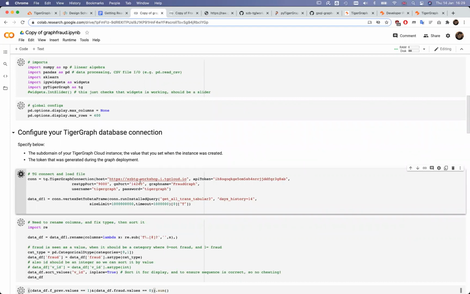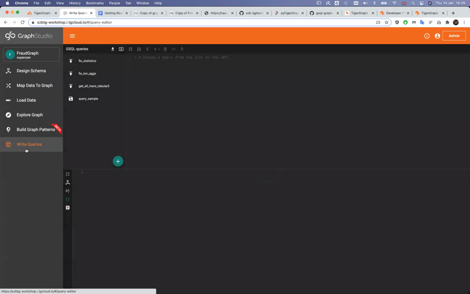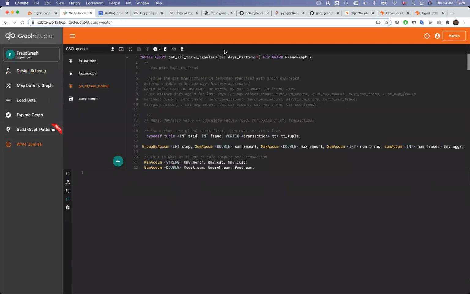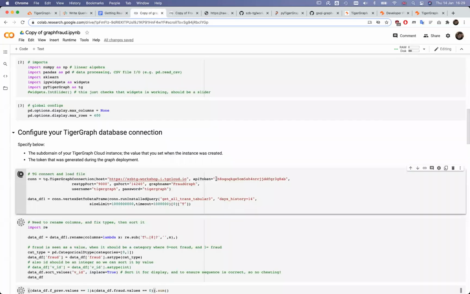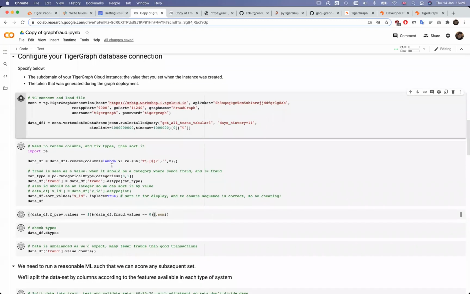Again, we open a connection to the database, and this function that we saw here, the get all transtabular 3 query, is executed for 14 days. Once the data is fetched, it's turned into a data frame, and then we will see what's being loaded.